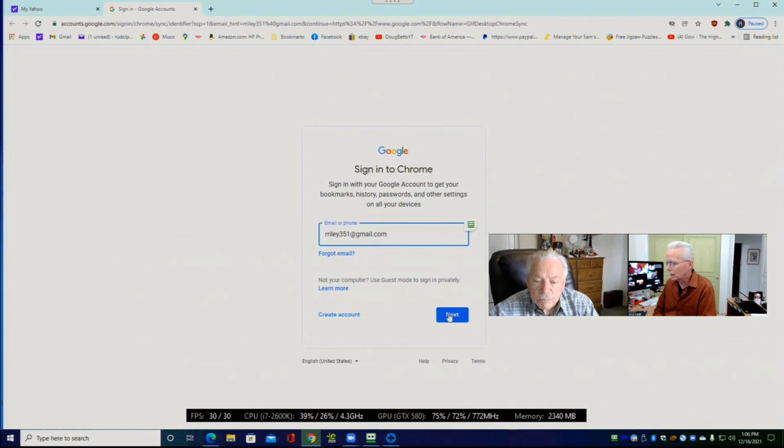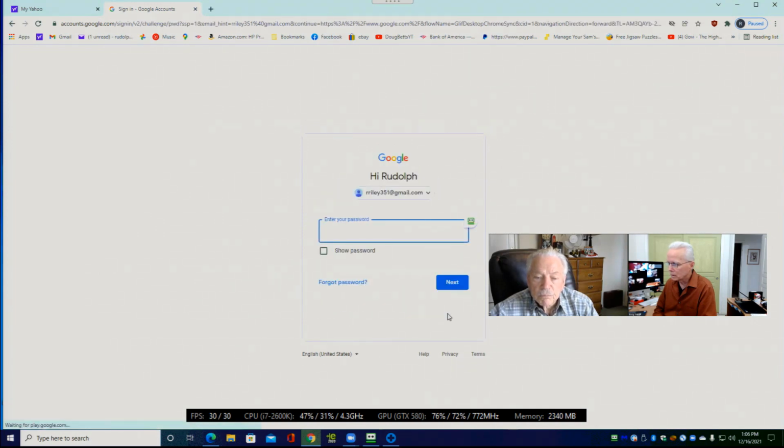We click next, and here it's asking for your password, and we have RoboForm offering some passwords, and one of them it objects to, that it's compromised. Now at the moment we don't know which one of these is right, and this would be the same as your Gmail password.